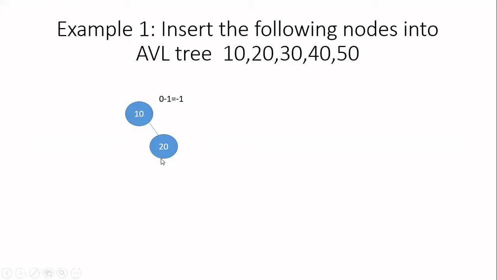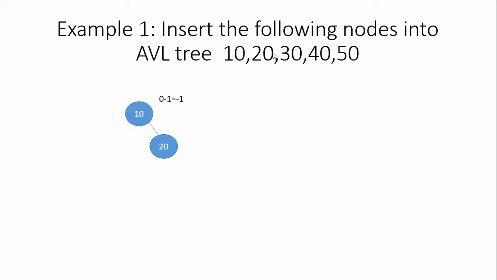Always, if you have any node as a leaf node, it will have a balance factor of 0. So no need to calculate every time. Instead, we can focus on the remaining nodes. So now we have the node 10. There is no left child for 10. So I'm writing the height of the left subtree as 0. And height of the right subtree, you have to find out what is the length of the longest path from the root to the leaf. So here we have only one path and that is having the number of links as 1.